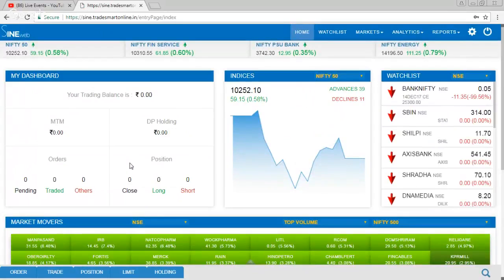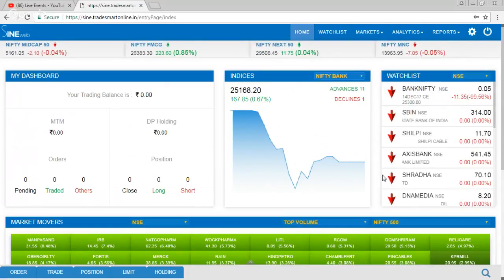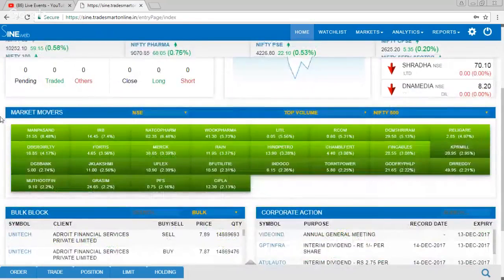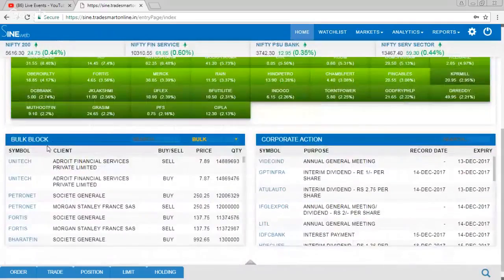As we click on submit, we are automatically directed to the home page of SignWeb, which basically gives me an overview of my dashboard, indices, Nifty 50, Sensex, Nifty Bank, USD INR, watch list, the major indices. And if you go below, you will get market movers, bulk deal, block deal, etc.